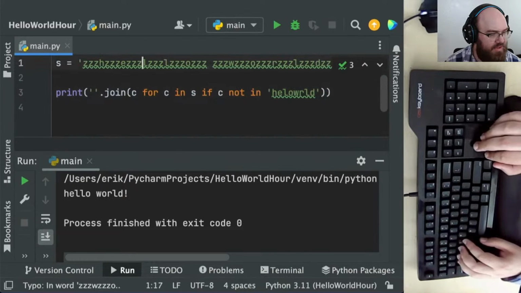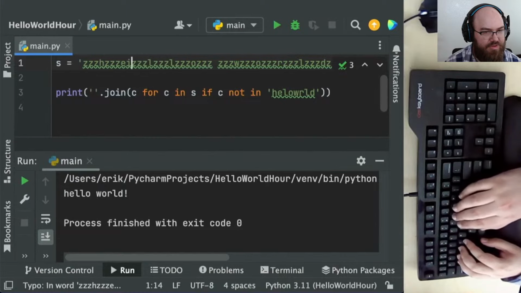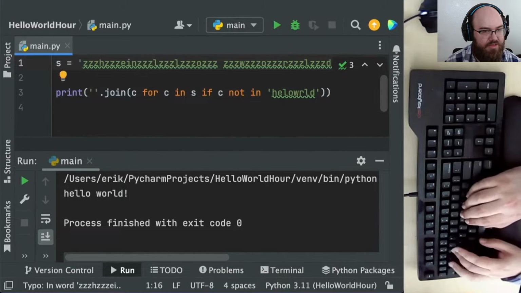I'm enjoying this. I'm enjoying what Solaris has to say about my silly exercise.